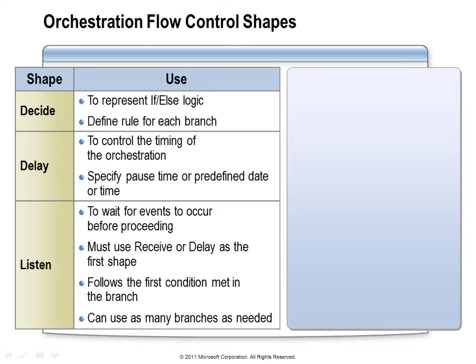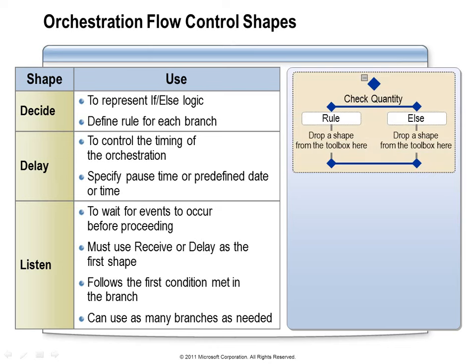The first one on the list is the decide shape. And this looks like a typical flowchart shape that you might see. It lets you implement if-then-else logic. So after you drag one of these onto the design surface for your orchestration, you will need to configure a rule. So you will just double-click on that rule shape and enter an expression. In this case, perhaps it's checking if the quantity is greater than 1,000. If the expression evaluates to true, then the branch beneath the rule shape will execute,